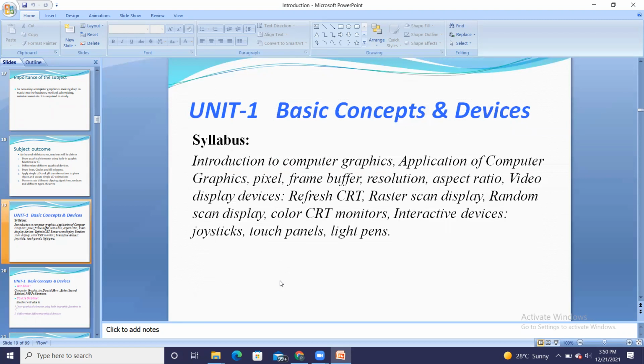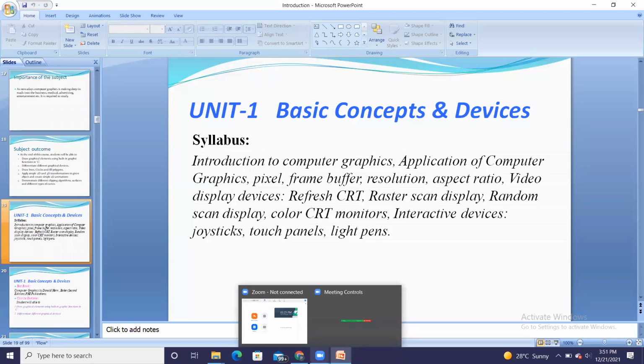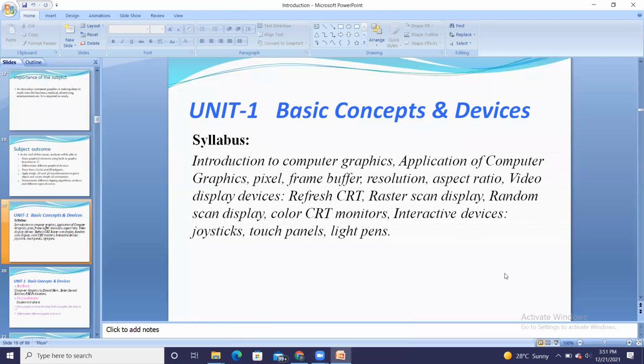Okay. So let us start with our unit number 1. Is there any difficulty in syllabus and books or any other question in your mind? Whatever part we have covered till now, that is the subject, the meaning and concepts which we are going to study in computer graphics. Do you have any problem in that? Okay, so let us move forward. We are going to start with unit number 1.